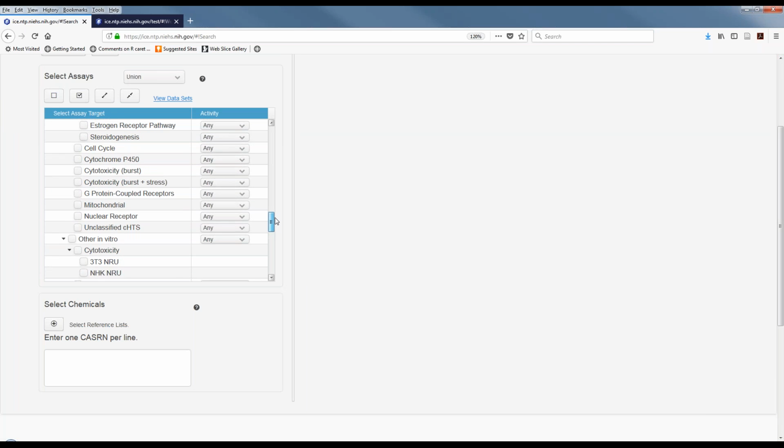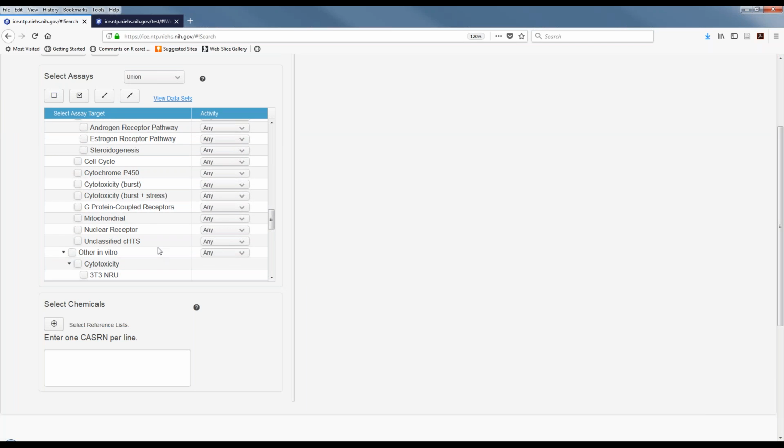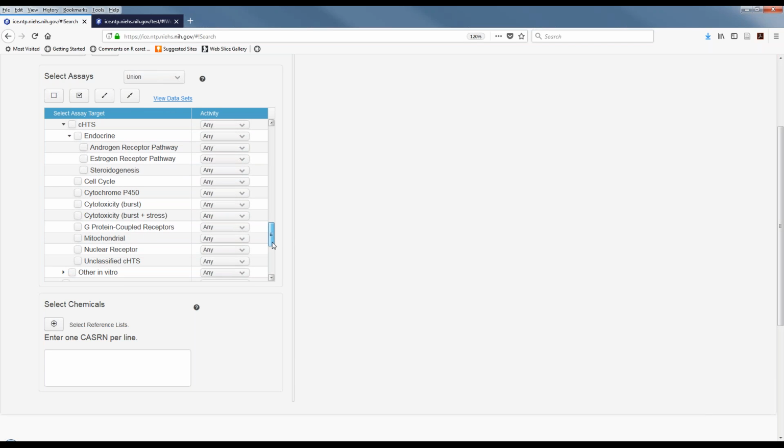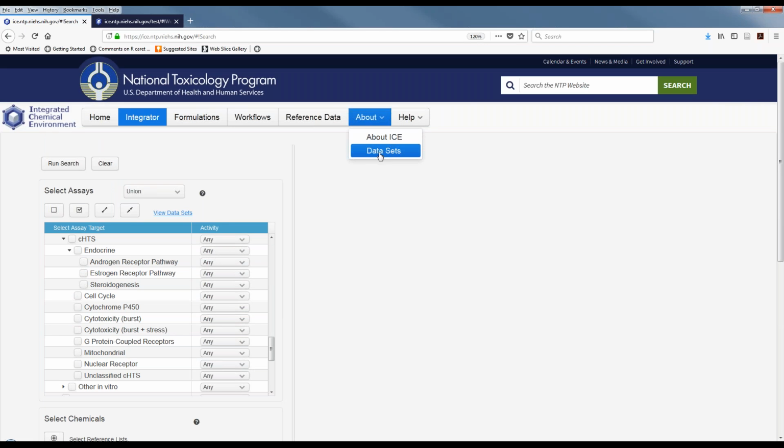So if anybody has used the ToxCast Tox21 data, you understand that there are a ridiculous number of assays. So we have grouped these assays, and you can find details in the About Datasets page. We've grouped all the different ToxCast assays, or as many as we could, into appropriate classifications.